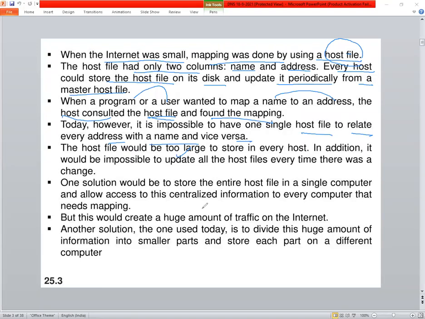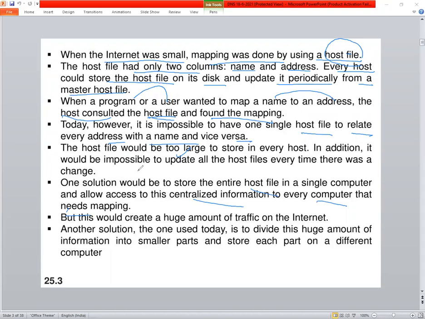One solution is to store the entire host file in a single computer and allow access to this centralized information to every computer that needs mapping. You try to understand, because the internet is drastically increasing.